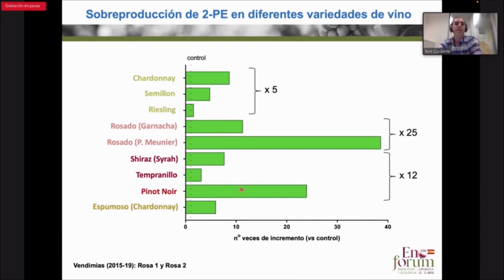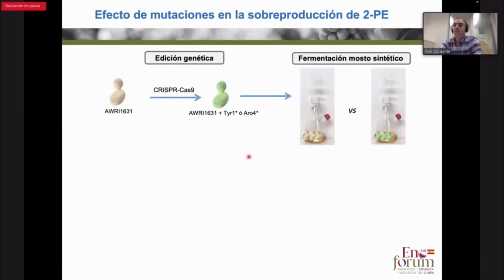And you will see how in all the varieties of studied wines, in order to prove whether these mutations result in a change in the ethanol content, we used the CRISPR-Cas9 genetic editing technique, which allows us to introduce these changes in an individualized way in a strain called AWRI 1631. Once these strains were used